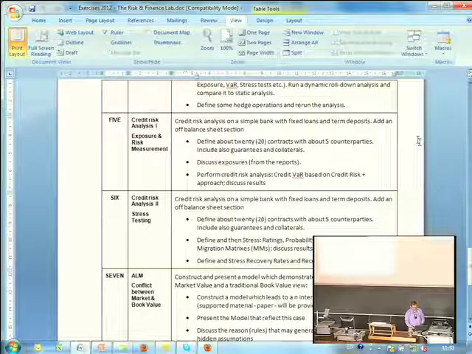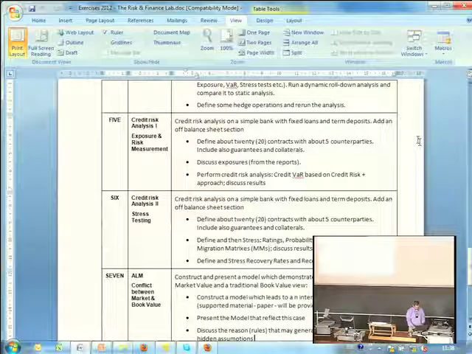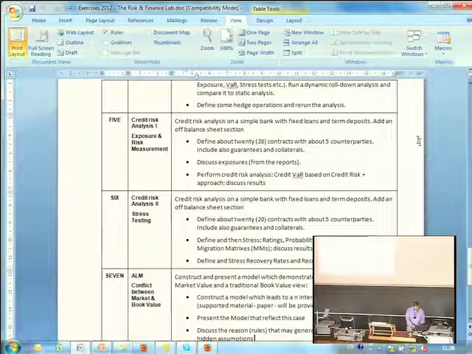Number 7, that's a typical asset liability management case, very much dynamic simulation. And in my opinion, dynamic simulations are almost the most interesting ones, because you see then how the bank evolves over time. Asset liability management is very much about the control of the whole bank. So all assets, all liabilities, of course also off balance sheet, which is just not included in the name. And here the focus is on conflict between market value and book value.